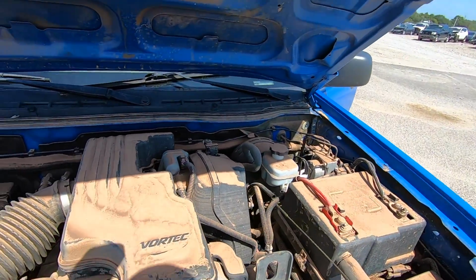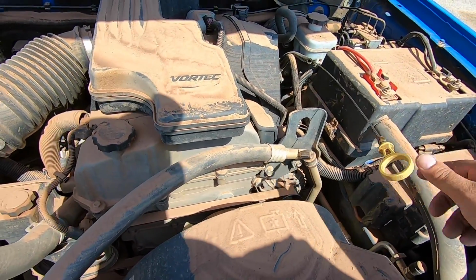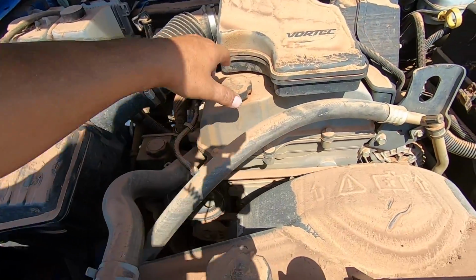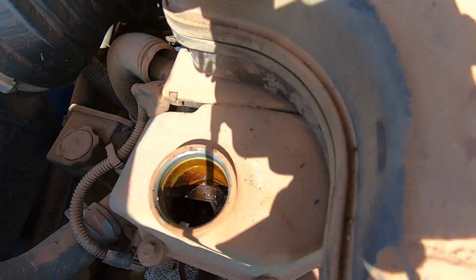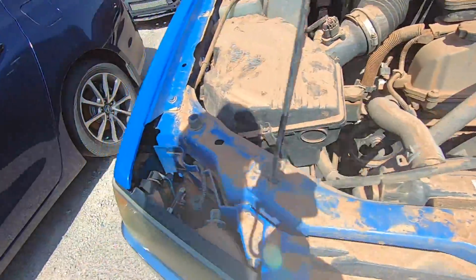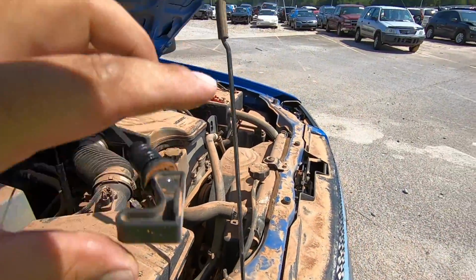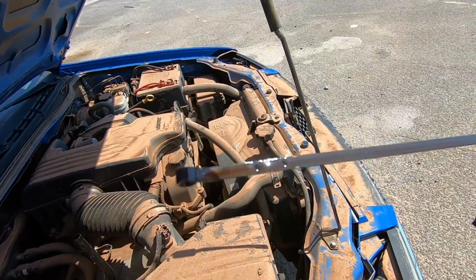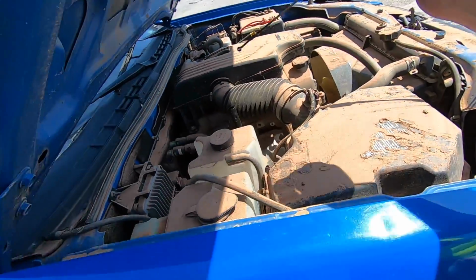Yeah, water came out of the dipstick tube. She is full to the top of water. I wonder if we could see water coming out of here. No. Man, oh man. Now, what do you think? You think the transmission's full of water? I think it is. The transmission's gonna have a vent tube, and with as deep as this thing got, it should be full. Now, the transmission fluid mark is way up here, so